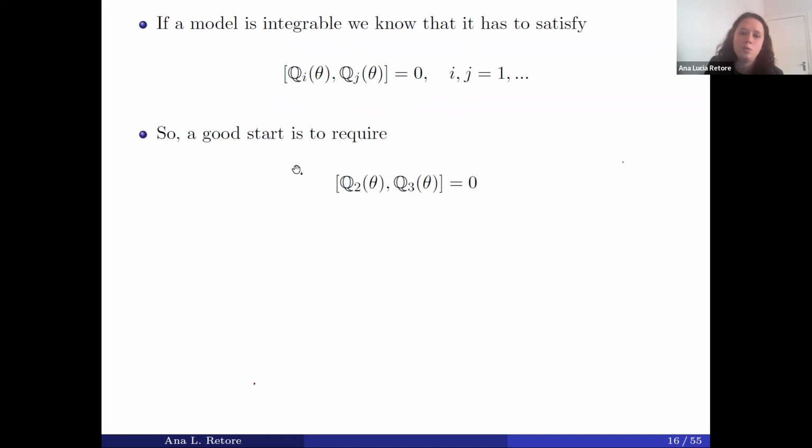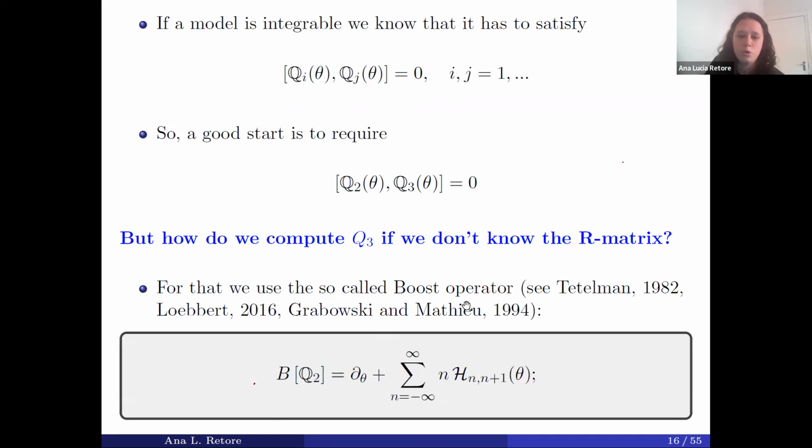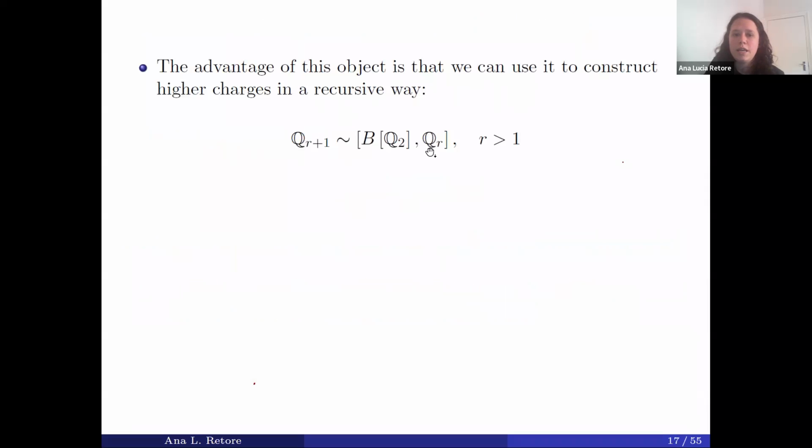So a good start would be to take Q2 with Q3 commute. Well, but I told before that usually to get the charges, you usually use the R. We don't know the R yet. So what we do here is we use an object known as the boost operator. And it's nice. The boost operator depends only on the Hamiltonian. There's some derivative here. And the good thing about it is that it gives you the charges in a recursive